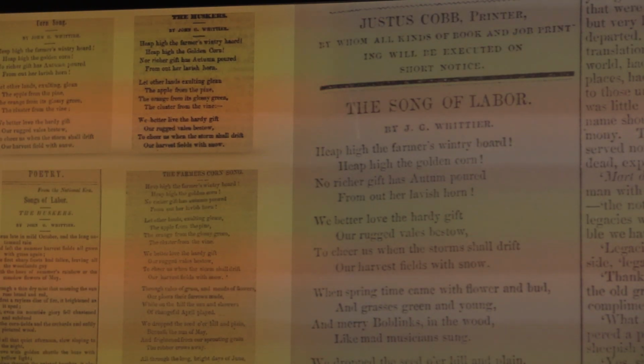And sometimes I would change it. You can see that the title of this poem changes 4 or 5 times as it moves around the country. You can see that the author disappears in a few instances, and sometimes a new author's name would get appended to things. A famous author would often get appended. And in fact, in some larger papers, there would have been someone called the exchanges editor, and their entire job would have been to comb through the exchanges, find things, cut them out, and republish them.